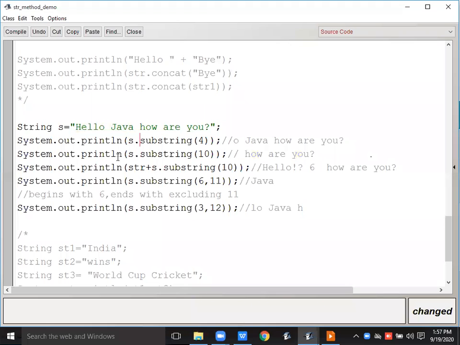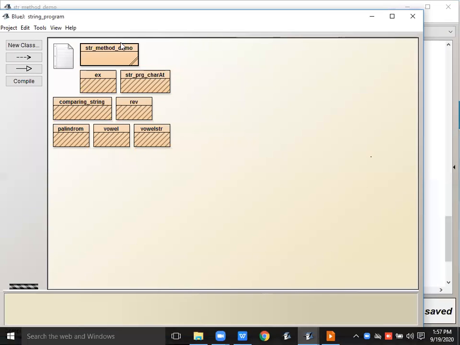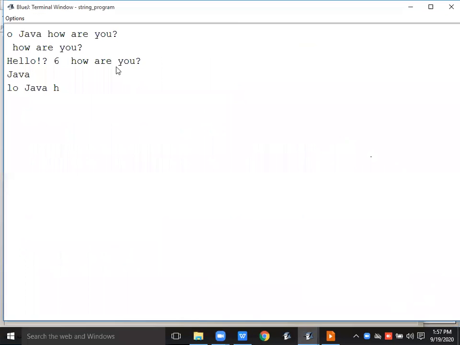Okay, means from the space it's going to be fetched. Space how are you? So it will concatenate with the str value and then the substring of the s from 10 to end. See that third output. 1 2 3 hello exclamation question mark space 6 space then how are you, like that substring is there.